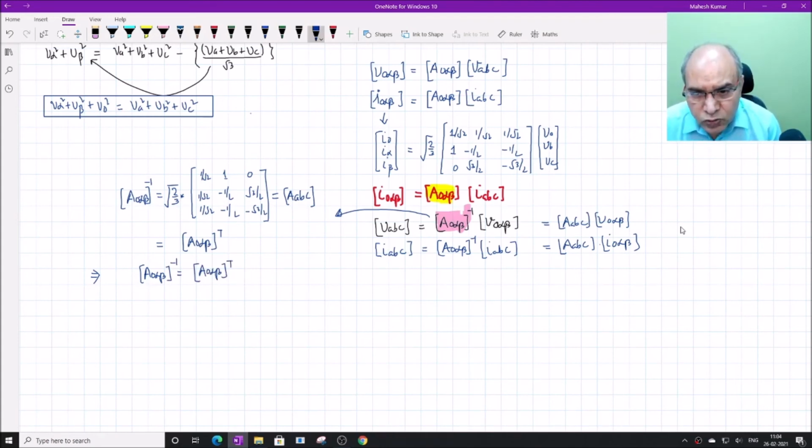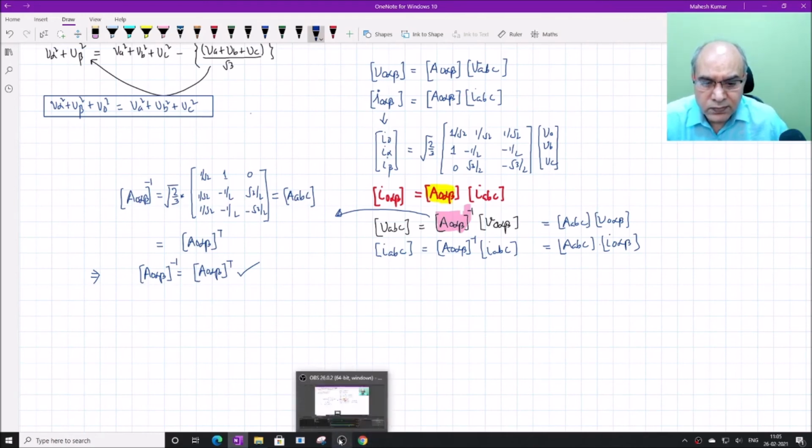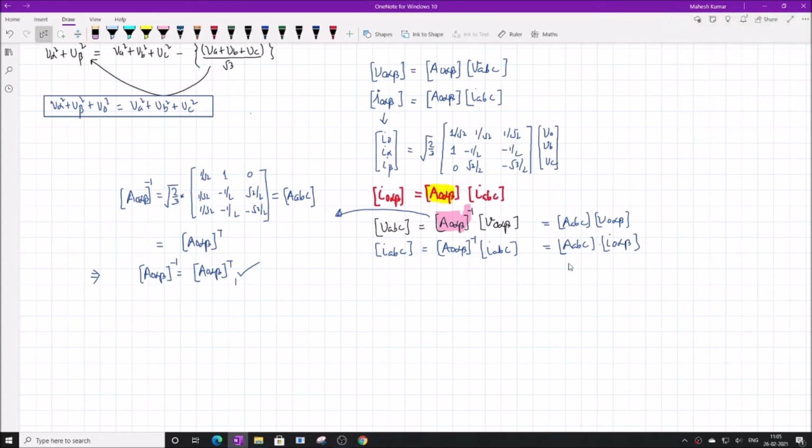This property can also be utilized to prove that power is invariant in ABC as well as alpha beta 0 transformation. We will see, we can very easily prove this concept that the power remains constant in both the transformations. For example, if you see here the power P3 phase as a function of time, instantaneous power,